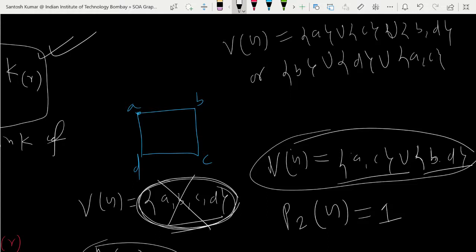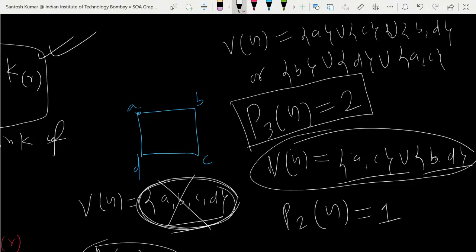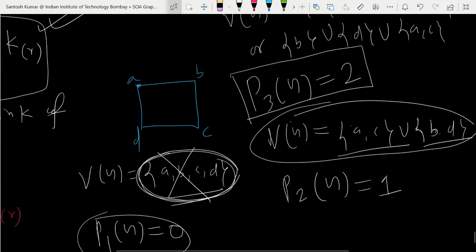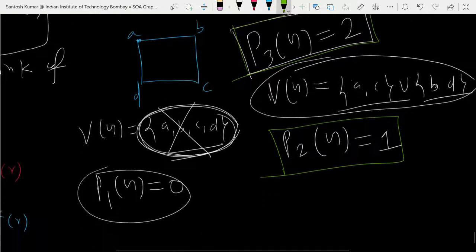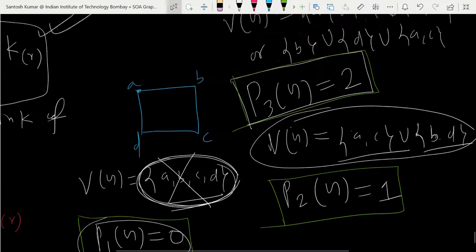We have to partition the vertex set into three independent sets. So in three you try to break, only these two possibilities you have. So P3G is nothing but 2. It means the partition of the vertex set into three classes. So how many such partitions exist? The number of partitions of the vertex set into three classes is 2. Okay, so I got P3G, P2G, P1G, but we also need P4G.